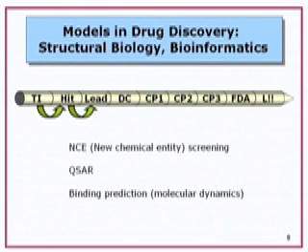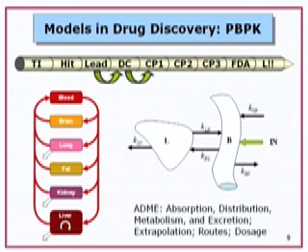So there are different types of models, and here are some that are being used in the pharmaceutical industry right now, and I'm not going to talk about them. There's screening, there are the quantitative structure-activity relationships, and there are binding predictions. And I will not talk about them because that is sort of going on right now, and I don't need to mention it. There are the PBPK models,